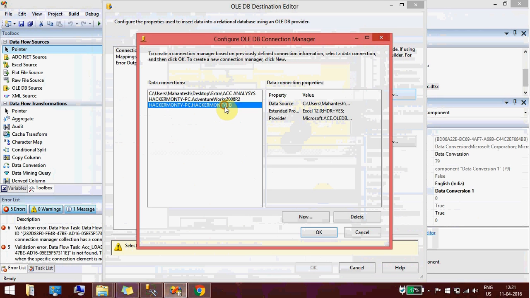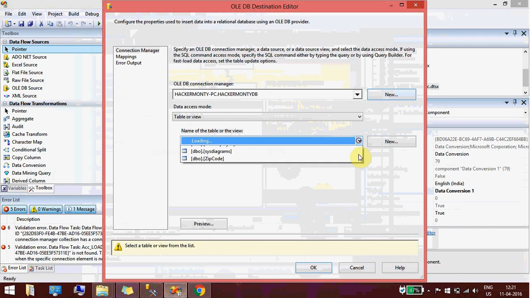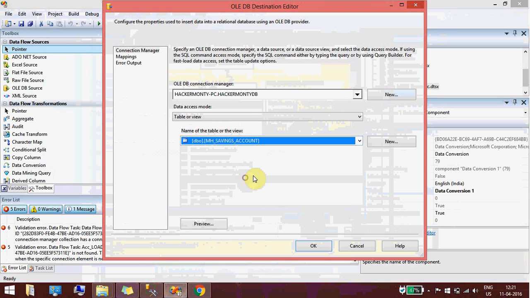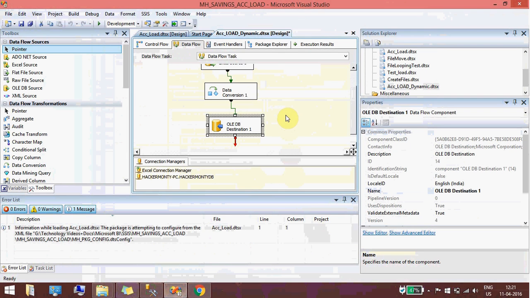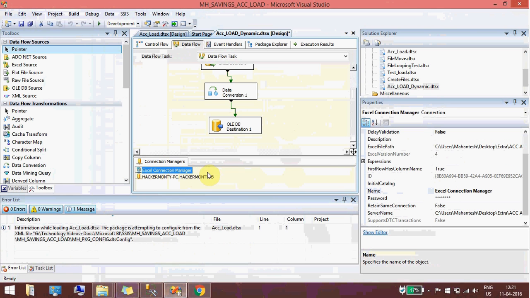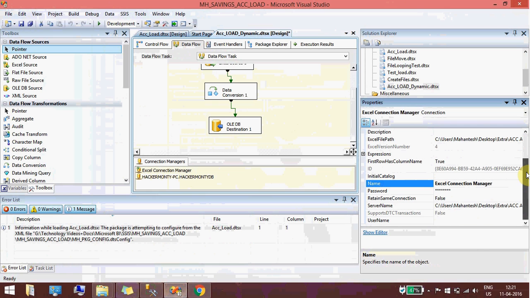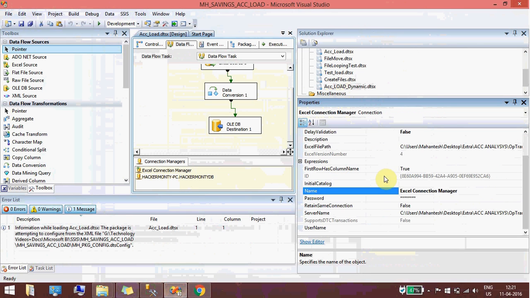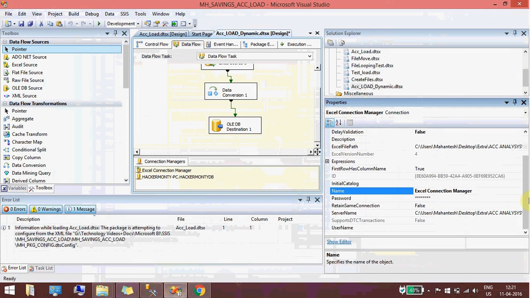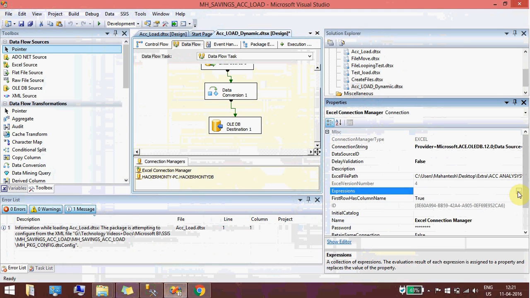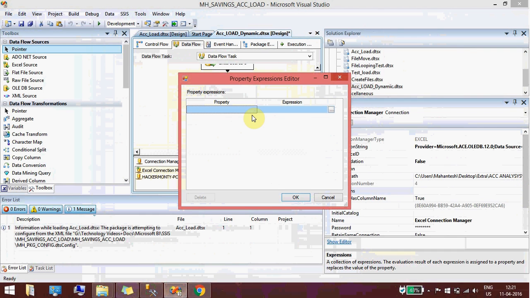So you need to create where you want to load the table. As I said, I have loaded at the starting here. One thing I wanted to mention here: actually we are loading at the start for only one Excel, right? So we need to mention one expression so that it can pick the data one after another.